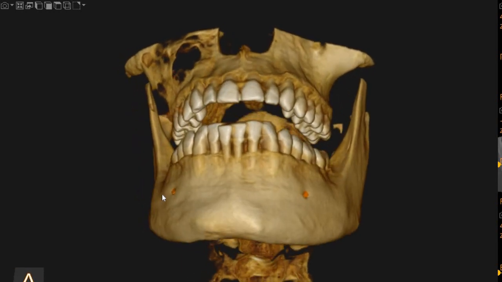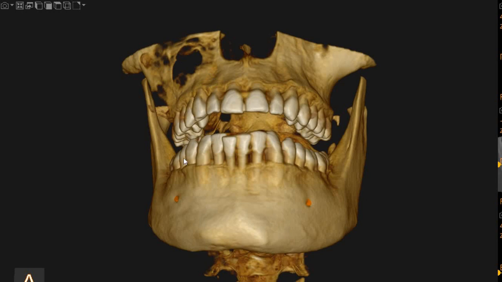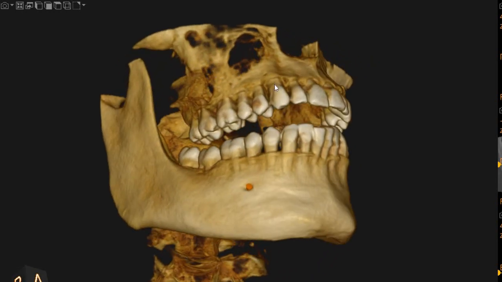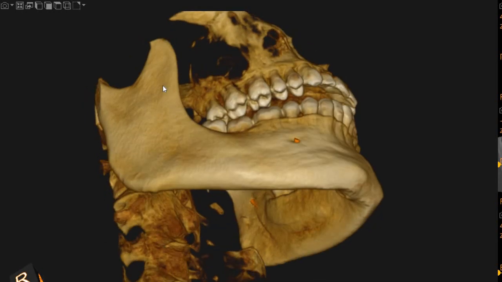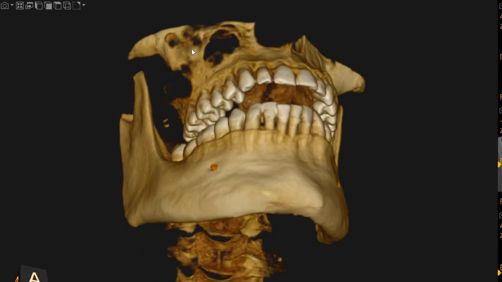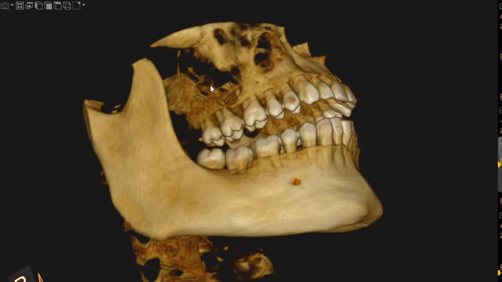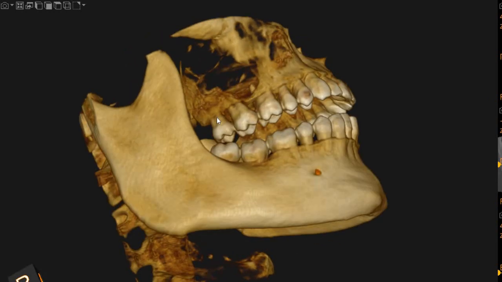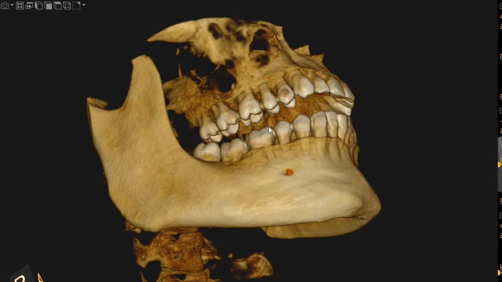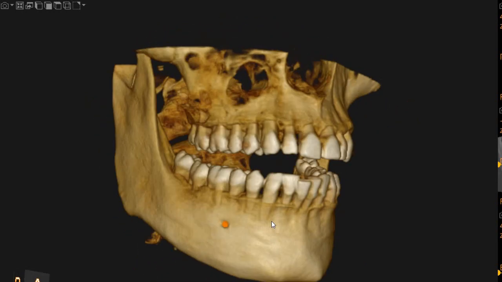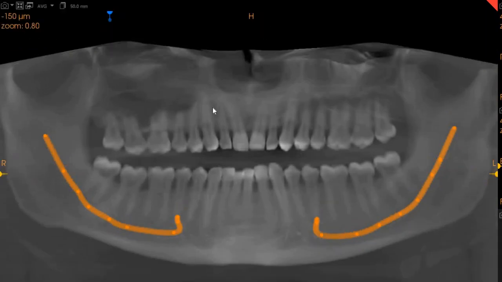As you can clearly see from this frontal view, the upper right maxillary bone shows signs of perforations and loss of cortical architecture. The maxillary bone all the way does not have a proper architecture in terms of cortical bone. We've got a proper architecture on the upper left hand side. So we're going to take you through the